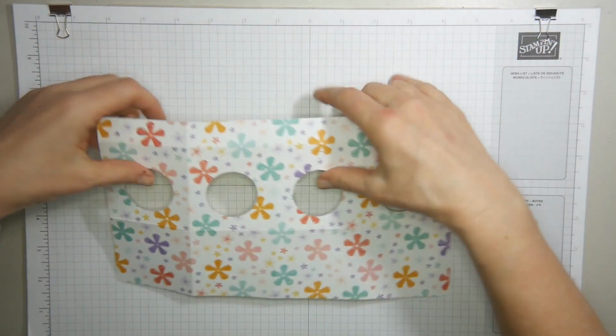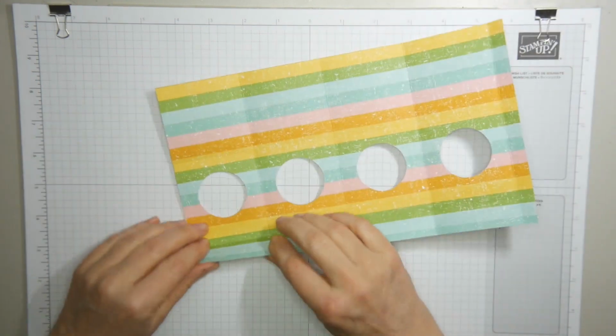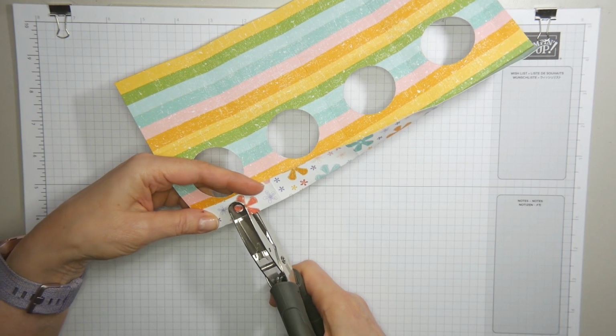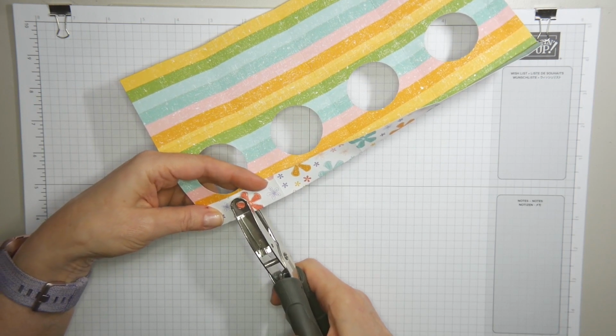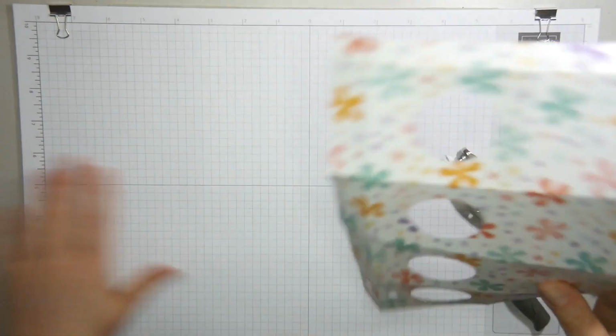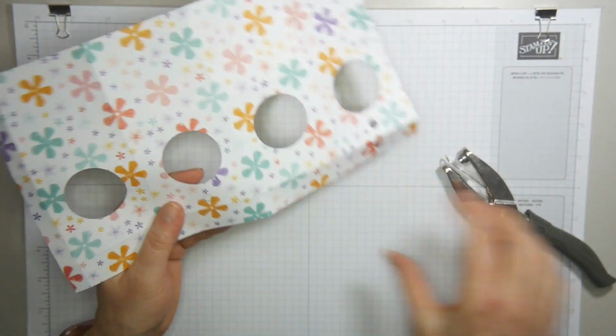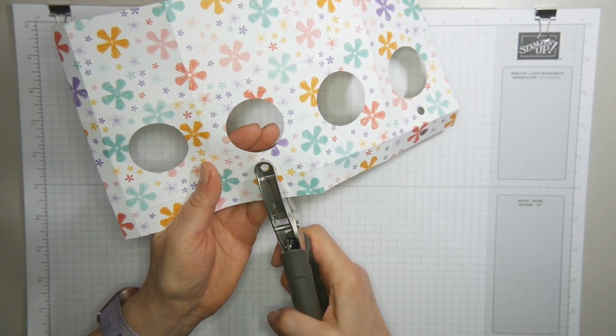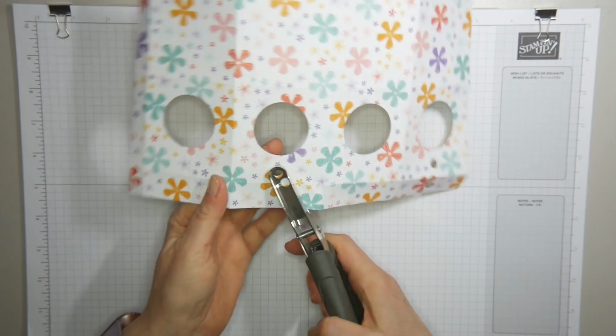You do the same thing with the smaller punch hole. You fold it double, take your punch, look where you've marked it, and you punch, and there's one small one here. So,